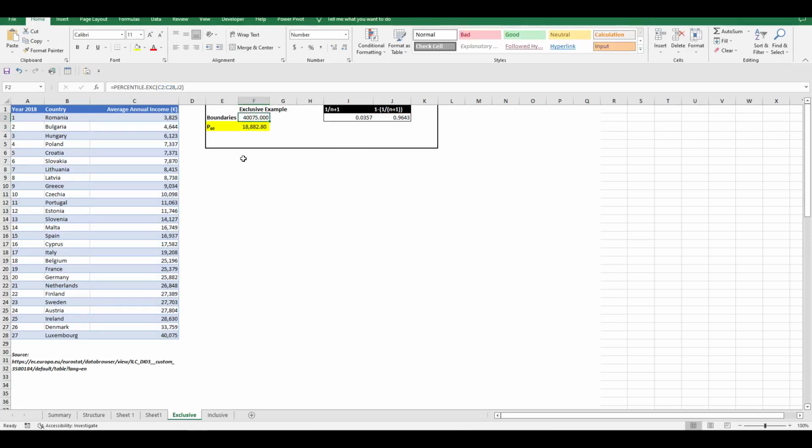Here is the last observation, that is the average annual income of Luxembourg. The upper boundary is equal to this value. If I put something higher here, like 0.97, it doesn't work.